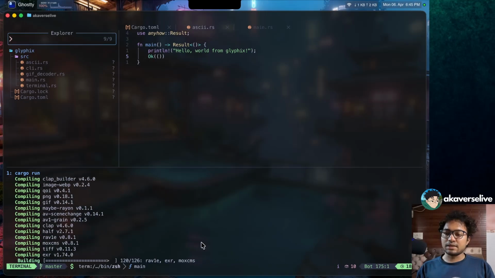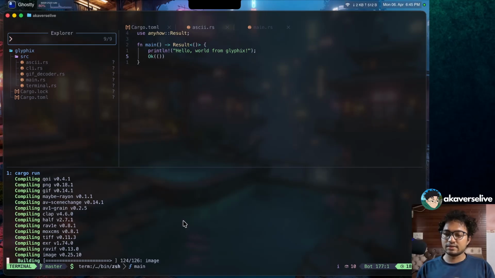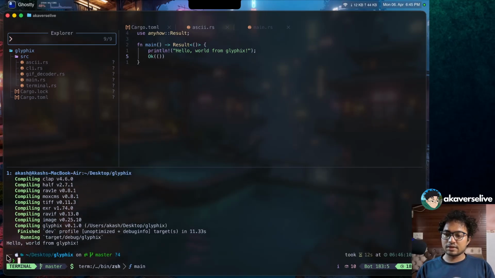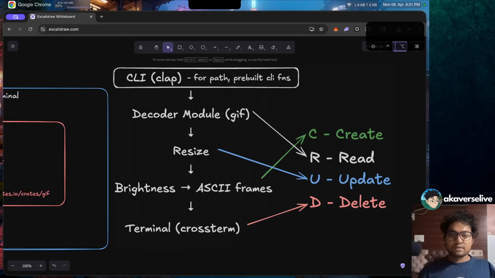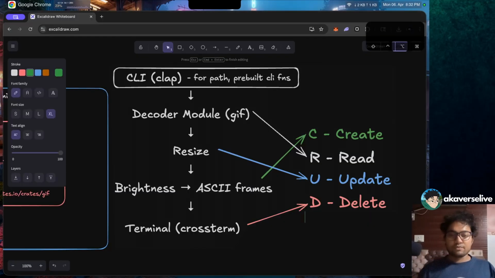Now it's compiling. I hope we don't have any errors because we have not done anything yet. Okay, hello world from Glyphix. Okay, it's working as expected. CRUD format of our application. So now we will be giving command as